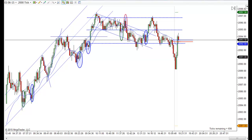And you really got that right in here. But by this time, it's obvious that you're just going back and forth, and it's just a trading range. So just stay out of that. The only thing you might have entered was long here